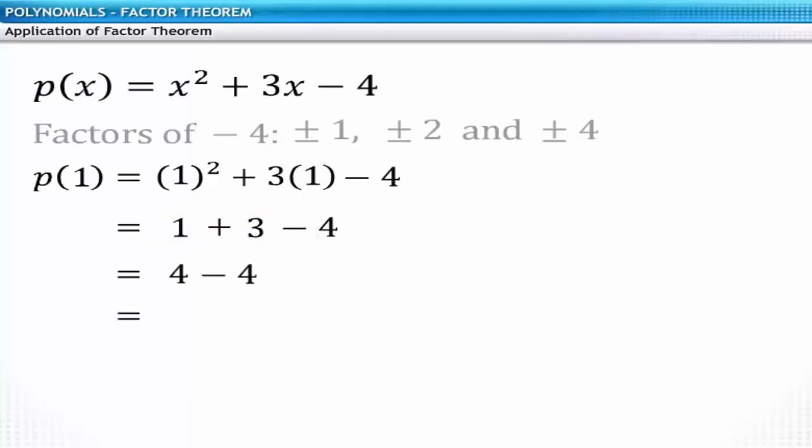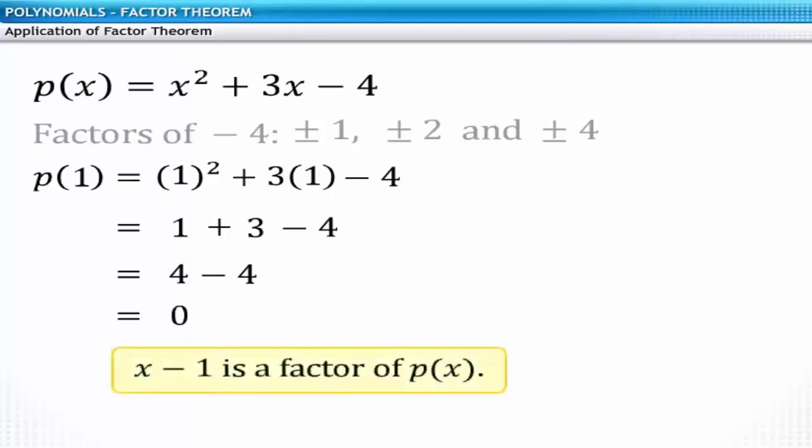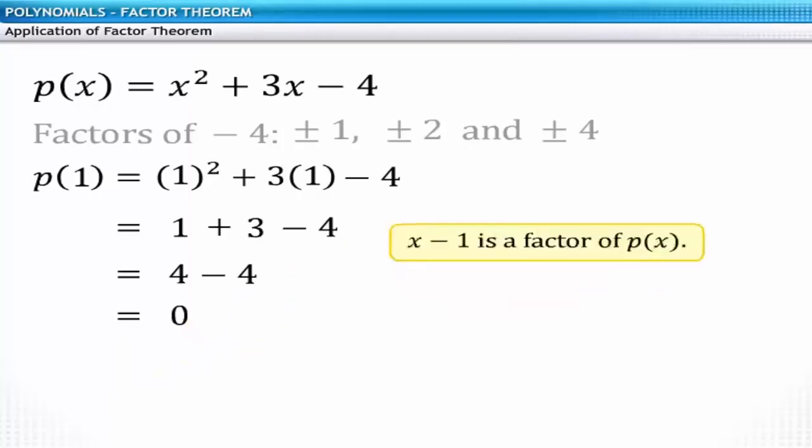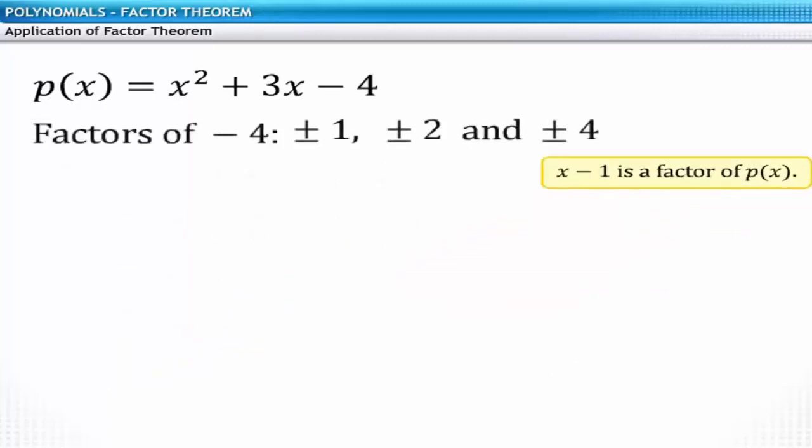Here, the polynomial becomes 0. Based on the factor theorem, we can say that x minus 1 is a factor of the polynomial. By performing the same for all factors,